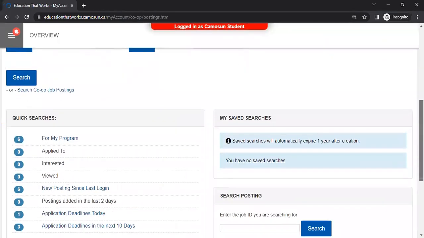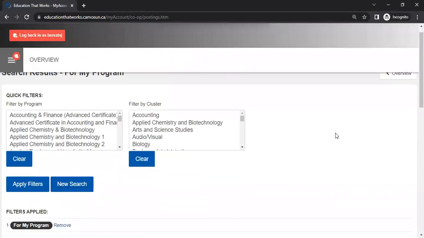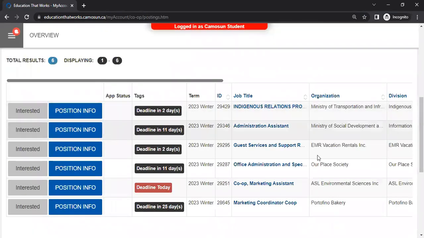What we'll do is you're going to see for my program, apply to, interested, viewed, all these options. We will click on for my program. And then here you are able to see all the jobs posted to your program. You're able to see the deadlines. You're able to click if you're interested or not, position info, and you can always click here to know more